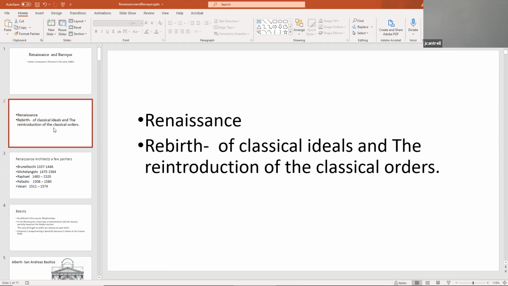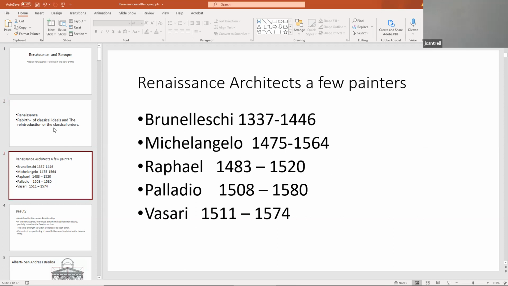Again, this will all be formatted in a PowerPoint you can read, but these are some really important Renaissance art. This was just a huge pivotal change from medieval and Gothic architecture. Now we're going back to early classical architecture and literature. Really, these prominent pivotal architects: Brunelleschi, we've seen Michelangelo, Raphael, we've seen tons of Palladio buildings, then we sort of barely touch on Vasari.